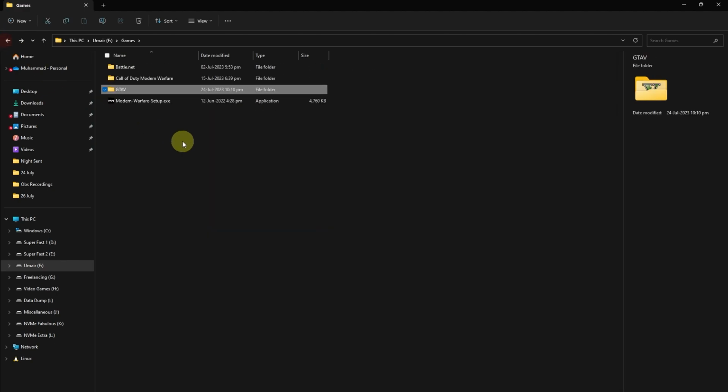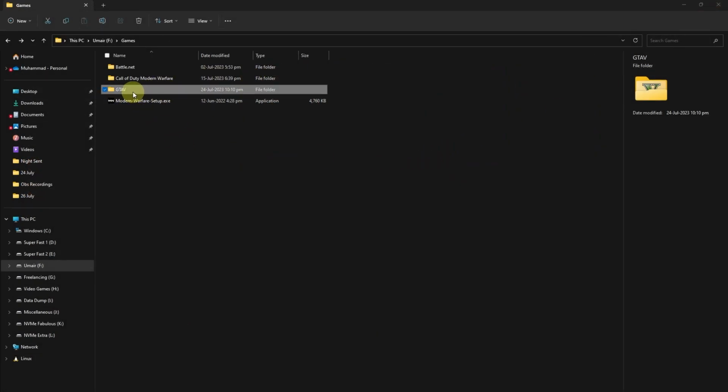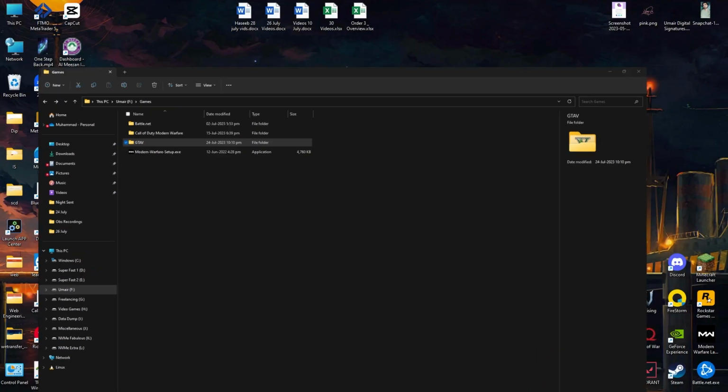You're going to be replacing it with the files that you have already downloaded onto your computer, and make sure you are doing it while your Epic Game Launcher is closed, and you can just replace it with the files that are already downloaded. And once you do, you're going to be heading over to your Epic Game Launcher again,